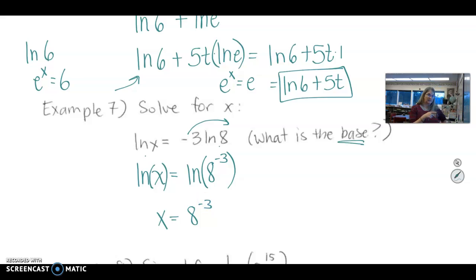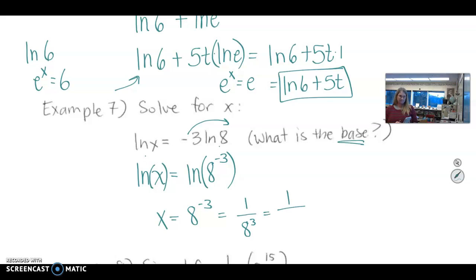Now that's solving for x, but it's not simplified. How do you think about how you can evaluate 8 to the negative third power and simplify that? You need to get the exponent positive, so we have to drop it down into the denominator, and it becomes 1 over 8 to the third, which is, you can go ahead and grab a calculator. 8 to the third power is 64 times 8,